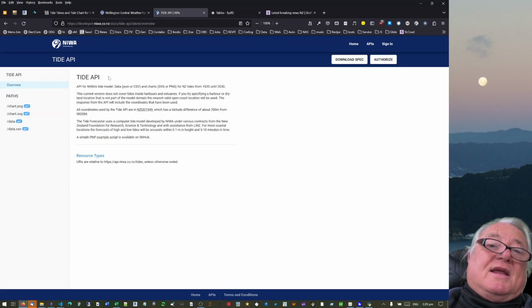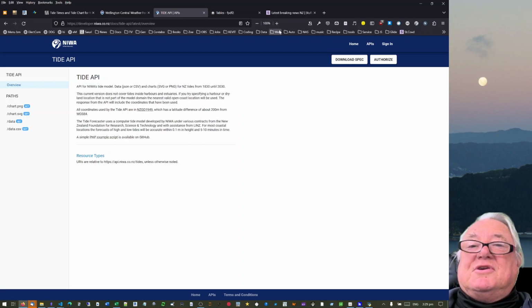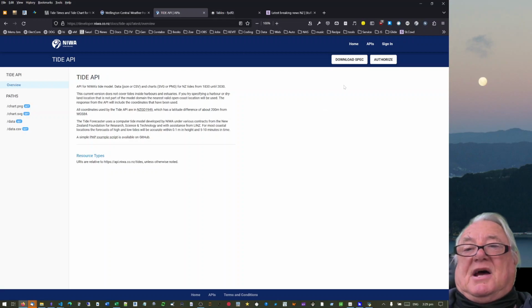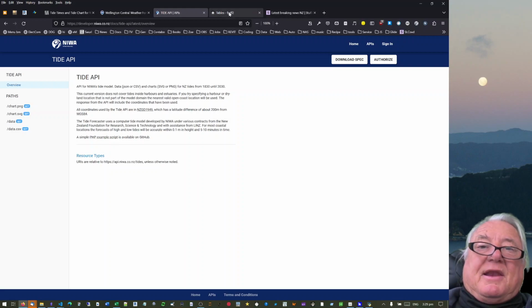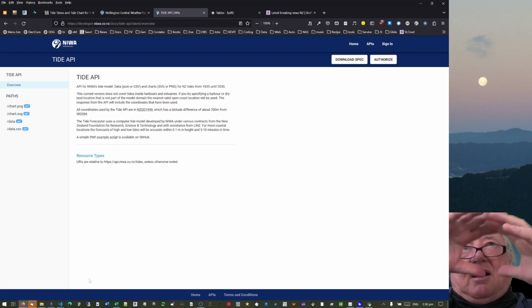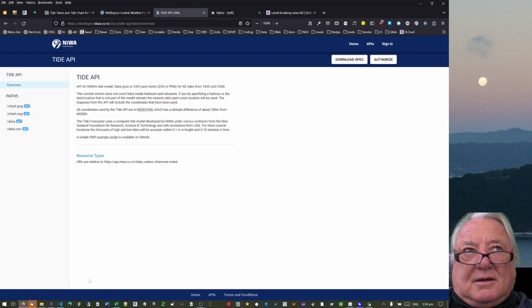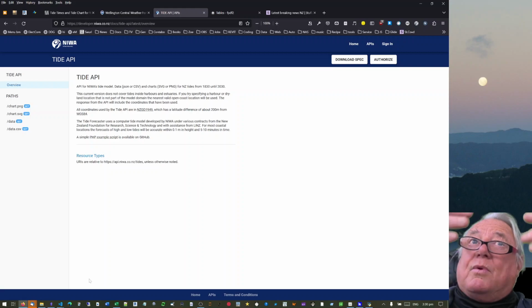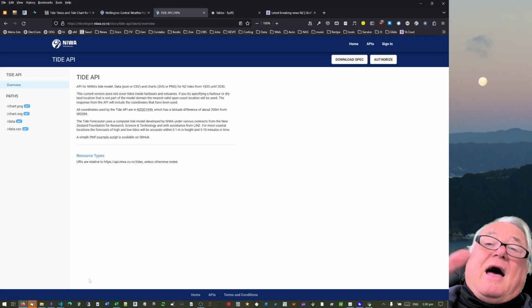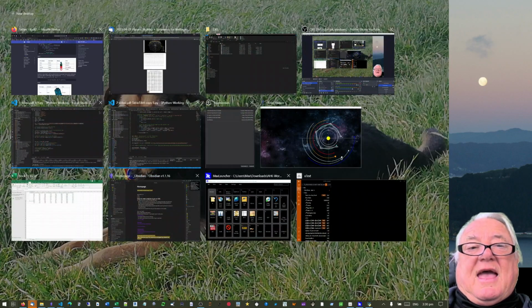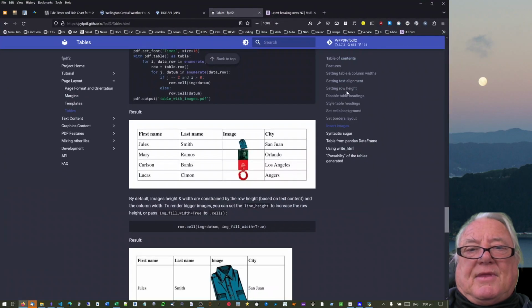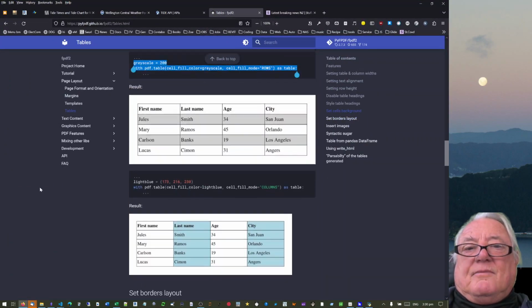Anyway, I found a tide API. So I thought, well, since it's there, why not use it? So I signed up for it, got the API key, and decided to run it. So my idea here is to actually use the API, get the tides table, which I can do for about 10 days. And then I wanted to explore also using the FPDF library,